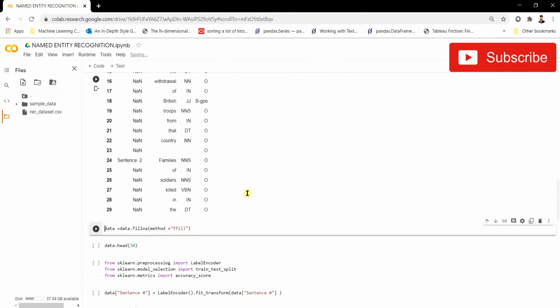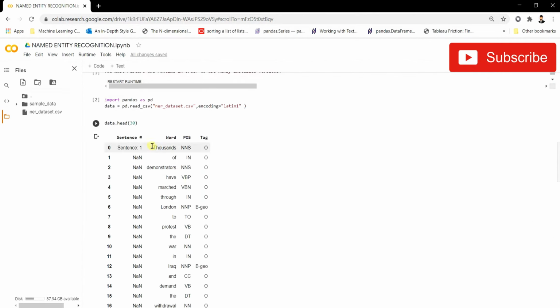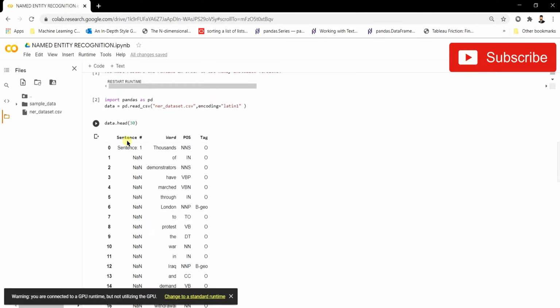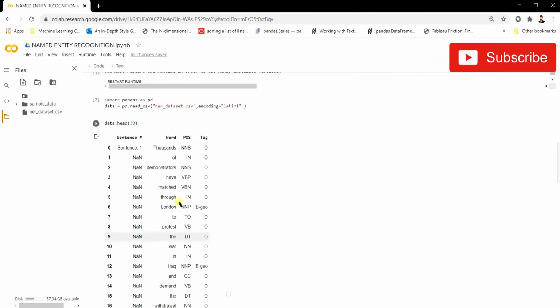So this is how the dataset looks, and this is how you should maintain the dataset format before proceeding into the NER system. Let us understand the format of the dataset we need to maintain while using the NER system. In this tutorial, we're going to be taking only the tag column as the target. We are not going to take the POS column as a target. So let us understand the data format first.